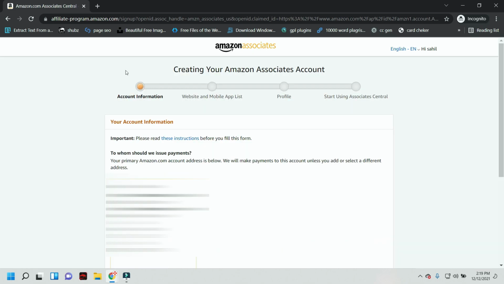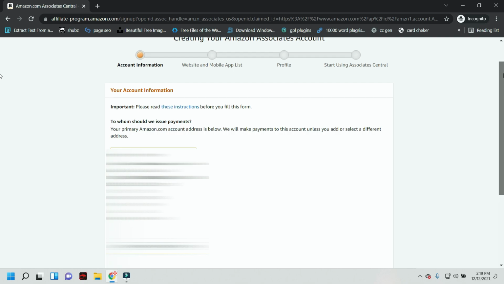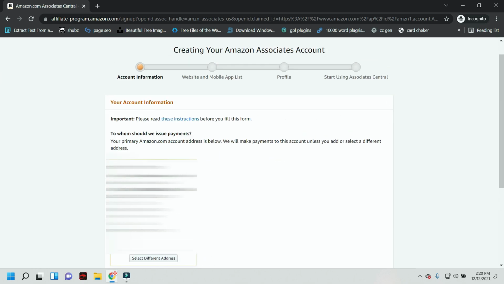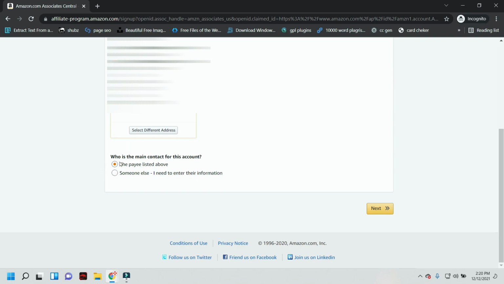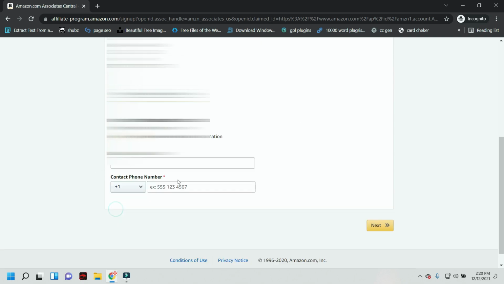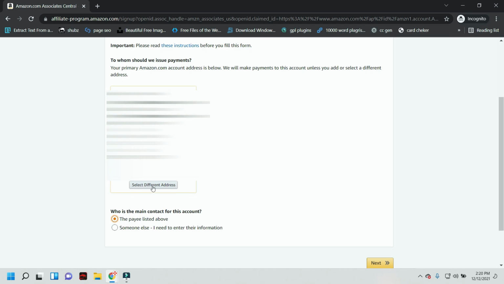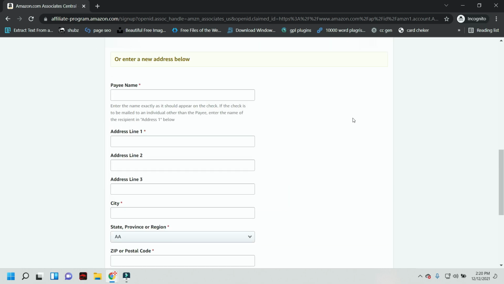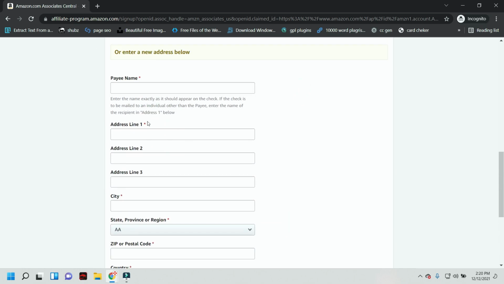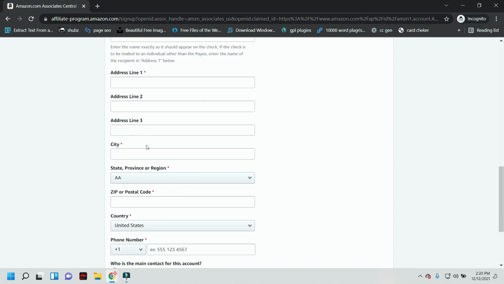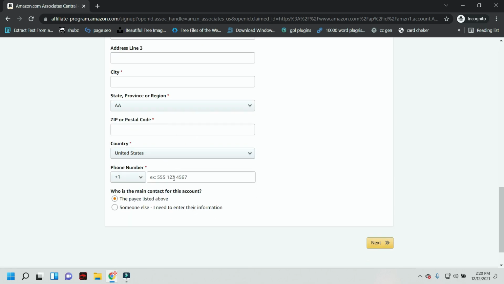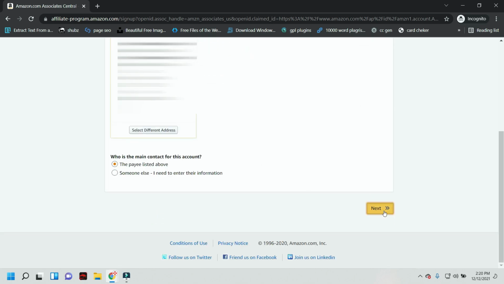Once you log into your Amazon account, it will fetch details from your Amazon account directly, or you have to enter some basic form here. So this is the payee list. You can add somebody else from here, contact name and other details. In my case, all the information is already selected. You can also select from any other addresses linked with your account, or add new payee details. Here you have to enter the name of the payee, email addresses, cities, and simply fill out the steps. I am using my default address now and pressing the next button.